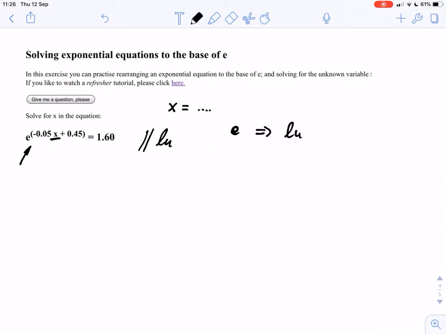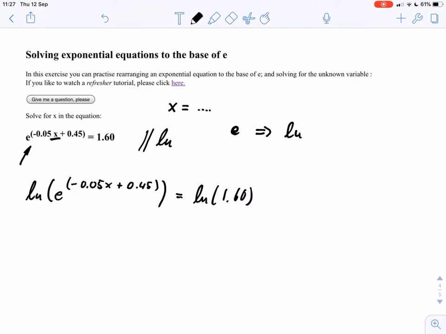and that allows us to eliminate e. So what we get is we have ln of e to the power of negative 0.05 x plus 0.45. So that's our left-hand side where we applied ln, and that of course we need to do also to the right-hand side. So we have ln